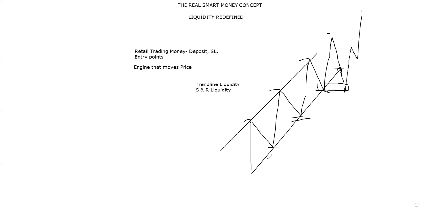So below this trend line there's a lot of money, because after buying there, your stop loss is just below. As institutions, they're also aware of that. They're watching you buying there and placing your stop loss below. So what they're doing is collecting liquidity in the form of these stop losses that you've just placed below your trend line. They come and collect the liquidity through your stop loss,